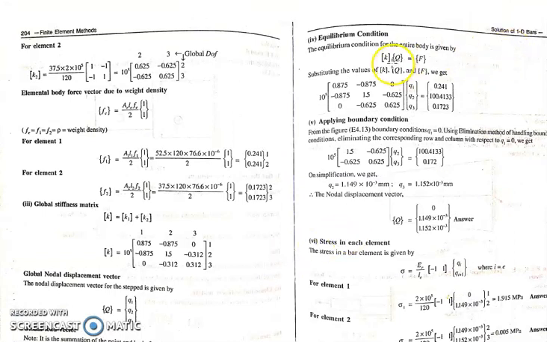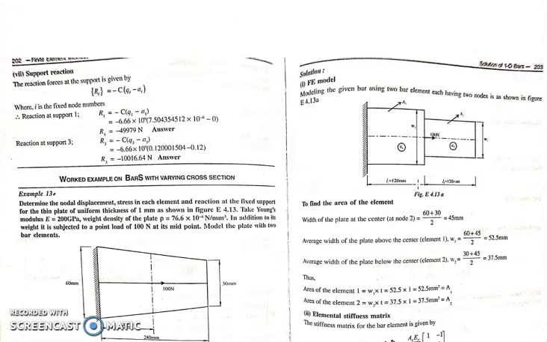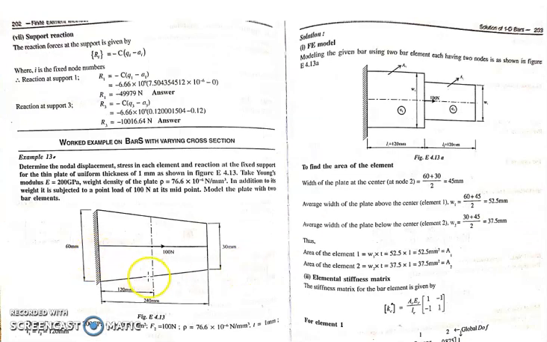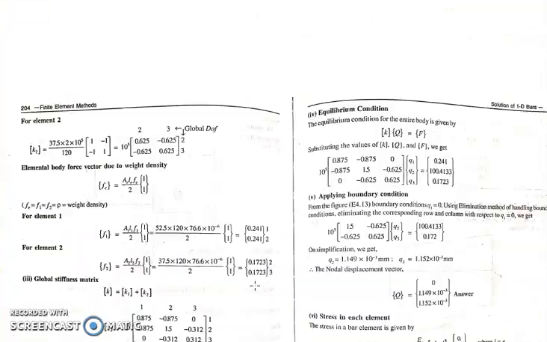So this is the force vector. Now see here, the equilibrium condition, that is K into Q is equal to F. Then substitute K, Q and F, which we have found out here. Then with the help of the elimination method, let us eliminate the first row and first column, because the first node is fixed. Then you will get the displacement at node 2 and node 3. Okay, so here you can see only the first node is fixed. That is why we are eliminating the first row as well as the first column. So we will get the remaining 2 displacements, with the help of 2 equations, 2 unknowns.